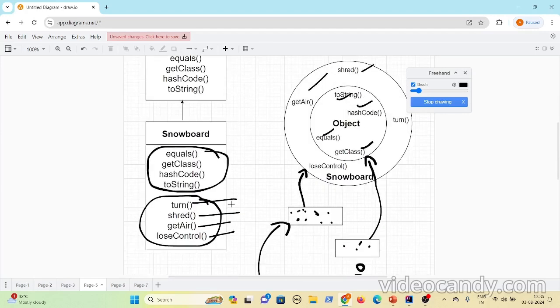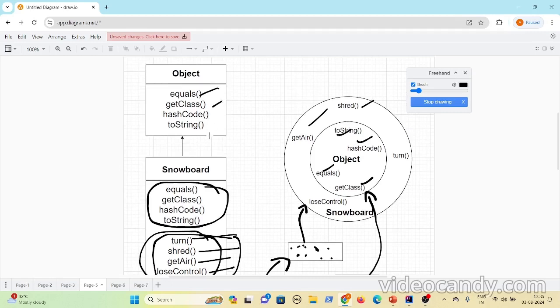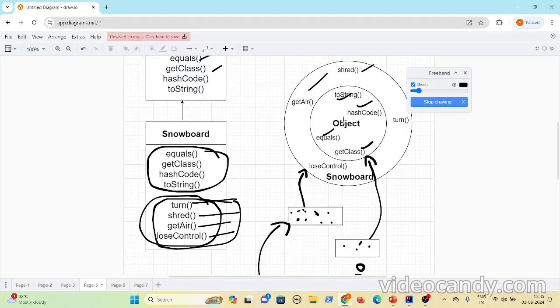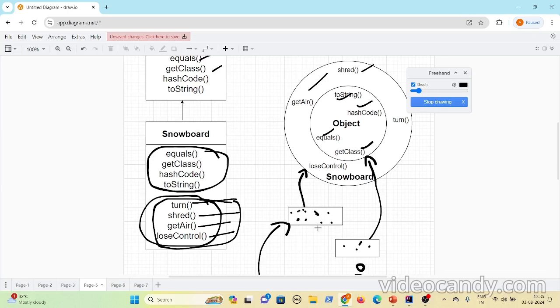Let's say in Snowboard, it did not add these methods. It would have just overridden these methods and added its own specific implementation. In that case, Snowboard also has only four methods and Object also has only four methods, and even the reference variables have four buttons. Either the subclass will have equal methods to the superclass, or greater than the superclass.